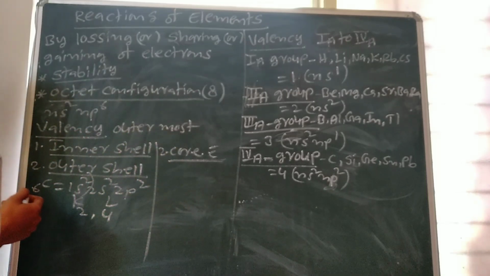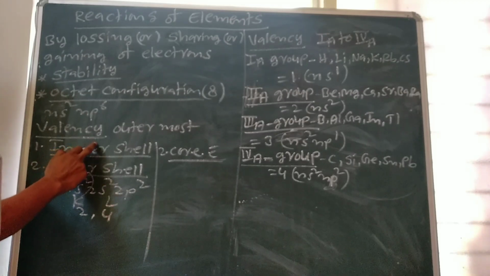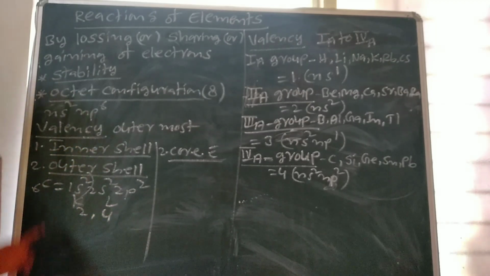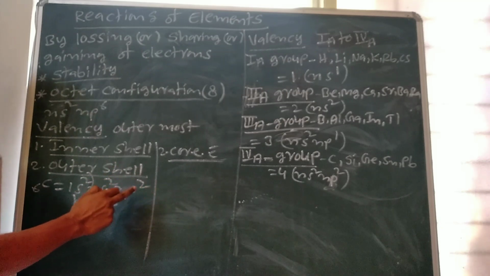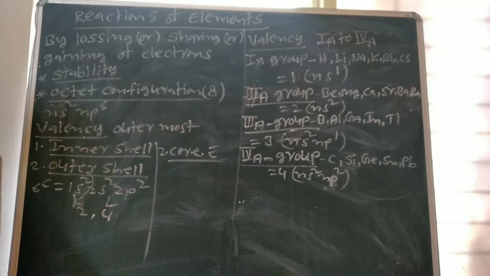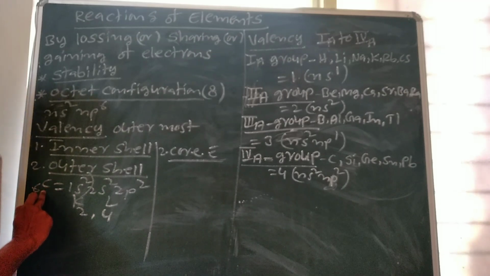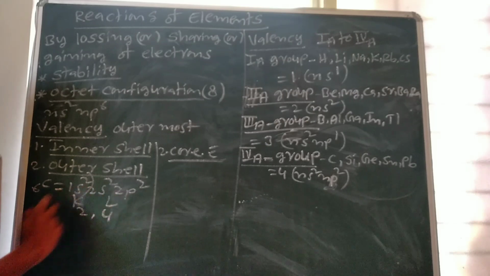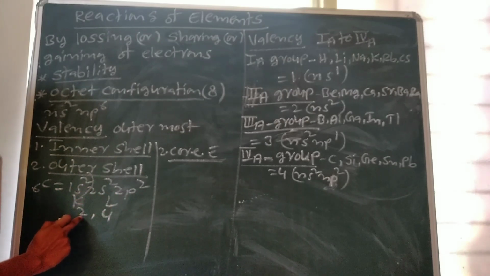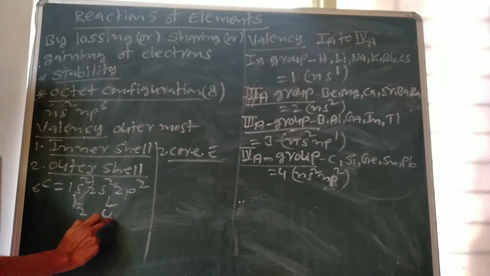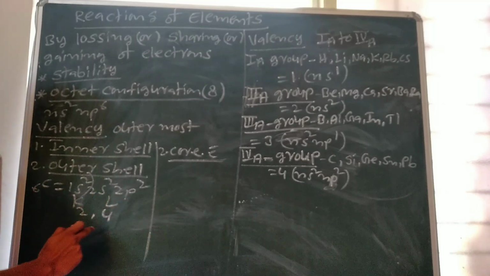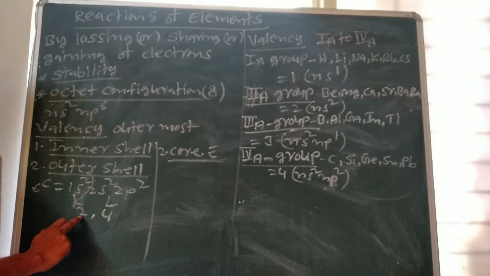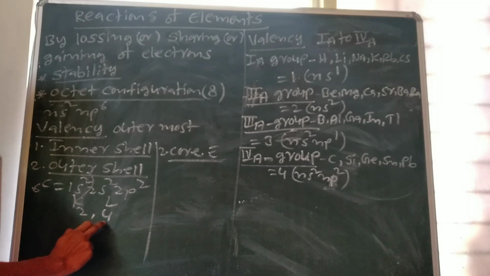These shells are of two types: inner shells and outer shell. Outer shell means the last shell, and the remaining shells belong to inner shells. For example, the atomic number of carbon is 6. Electronic configuration is 1s2, 2s2, 2p2. 2 electrons are present in the K shell. 4 electrons are present in the L shell. So the numerical electronic configuration of carbon is 2, 4.